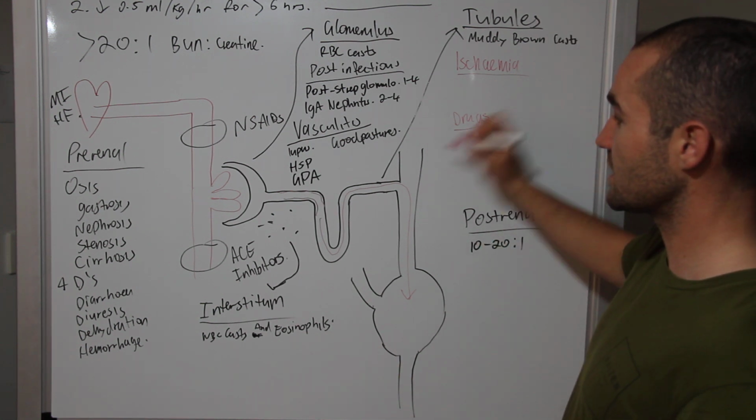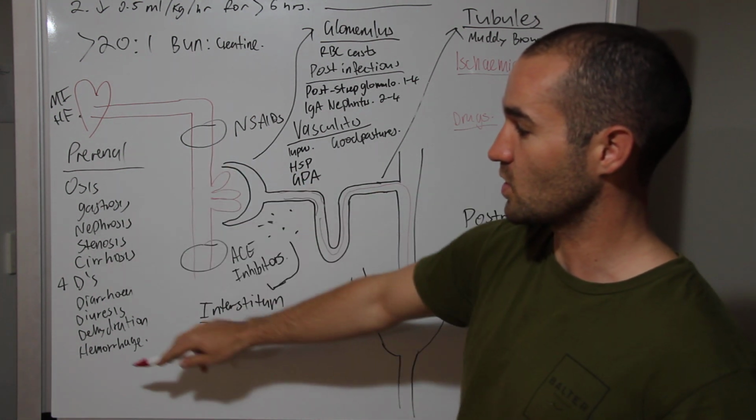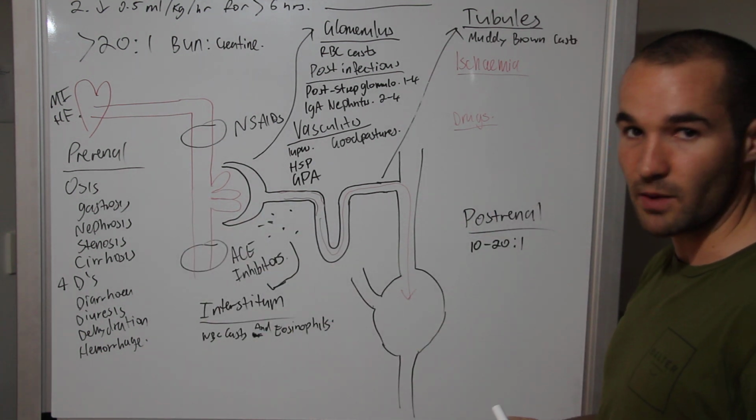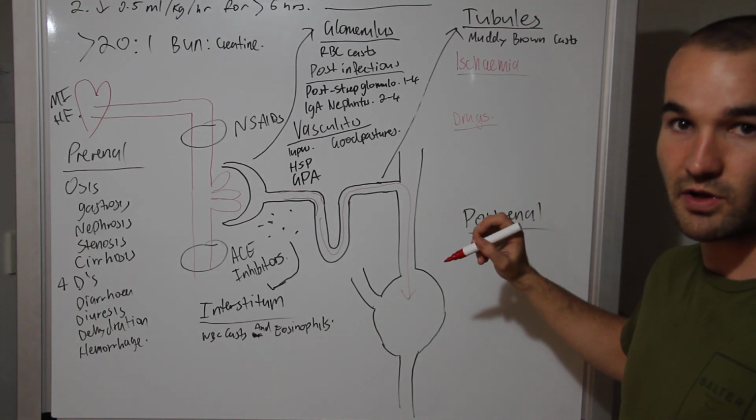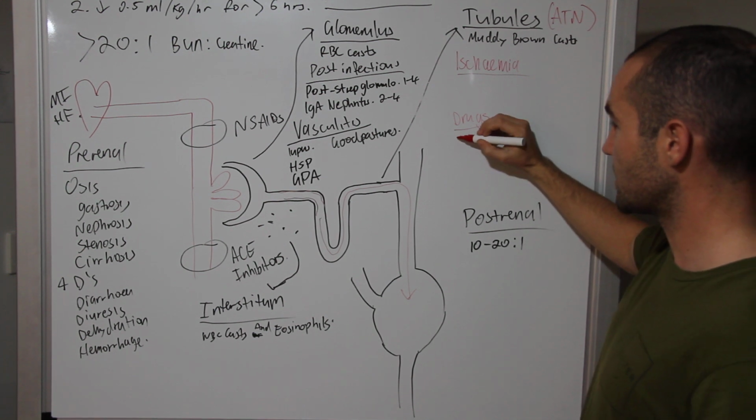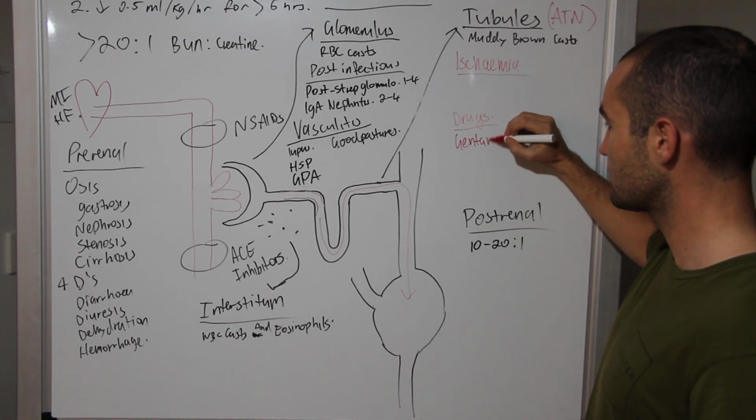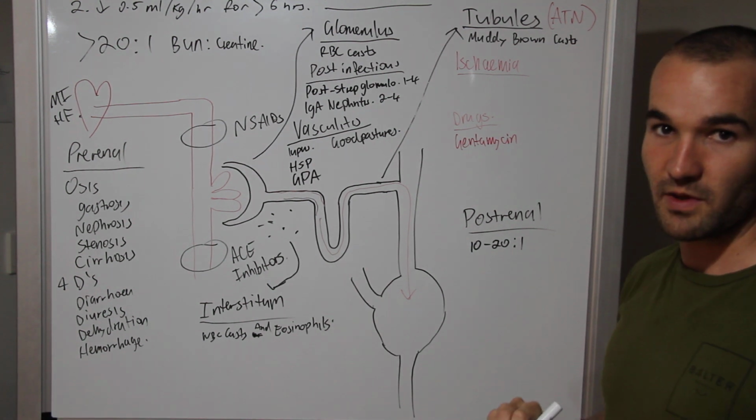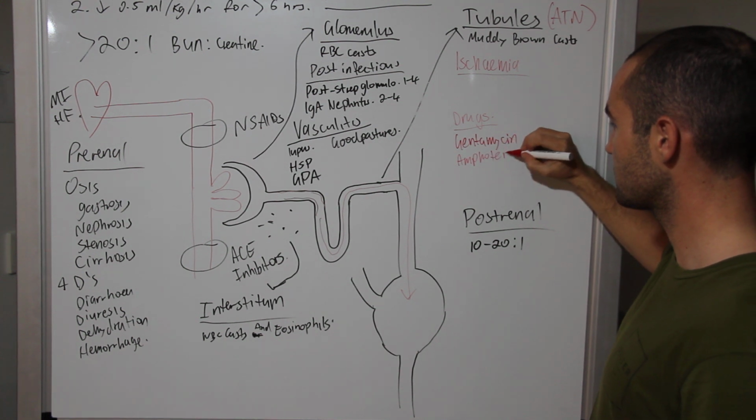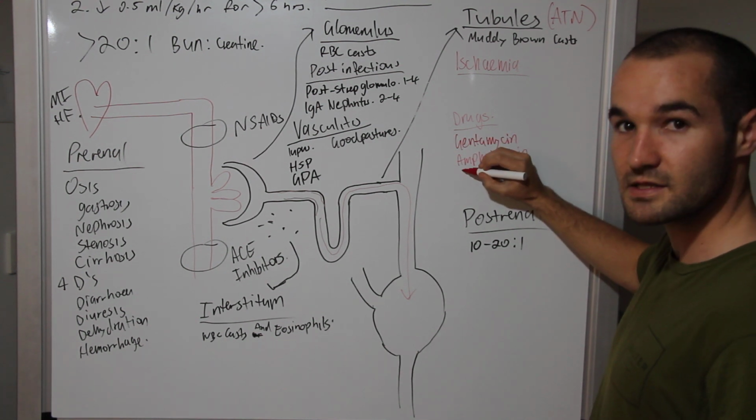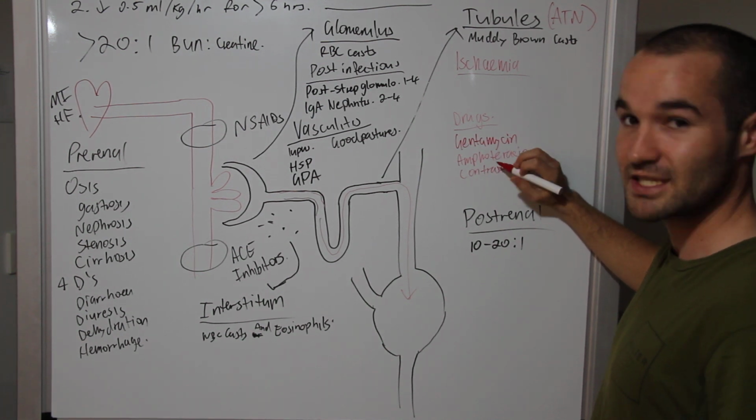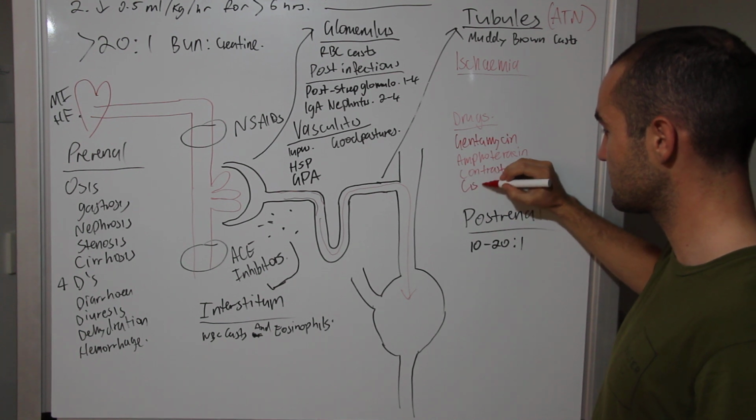So the ischemic one, that's from not enough blood coming through. That can be related to some of our pre-renal causes. The drugs one, there's a few drugs here that you should try and remember that can cause acute tubular necrosis, ATN. They are gentamicin and all your aminoglycosides, amphotericin, contrast, used in CT scans, cisplatin, an anti-cancer agent,